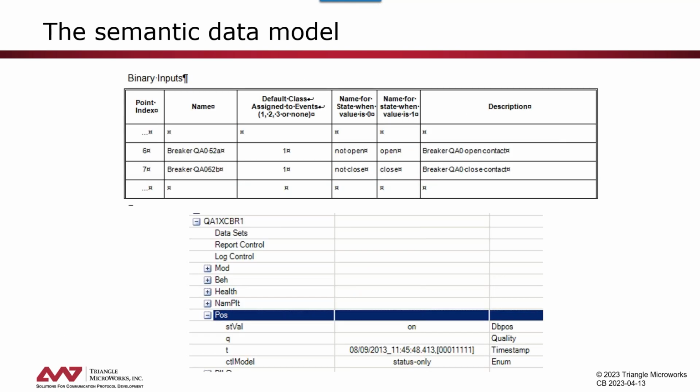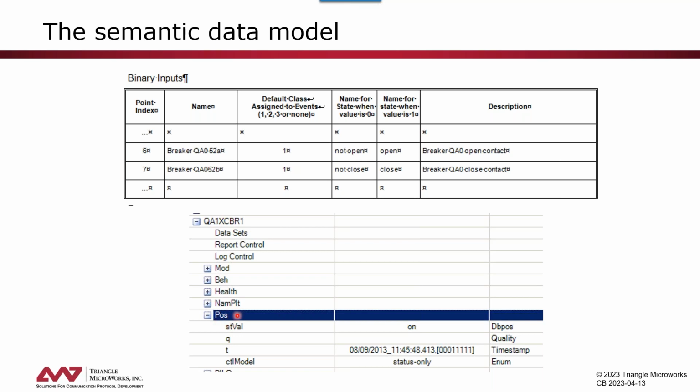So the next slide tries to compare that. What we see above is a table that shows an extract from a DNP3 device. Somewhere we need to know that in this device, the point, in this case a binary input point with the number 6, is associated to the breaker open contact. The point with the index number 7 is associated to the breaker close contact. In IEC 61850, this